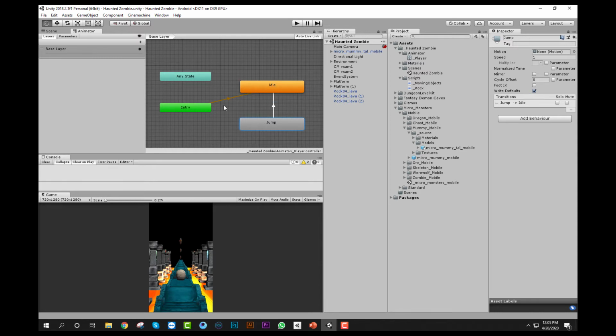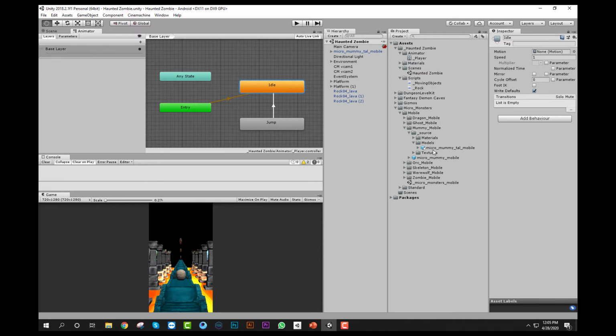The reason is that if I do that, the animation will be continuous. First the animation will go to idle and automatically it will go to jump. That's why I am applying it from jump to idle. By default it will go to idle and loop again and again in this idle animation, and it will not go to jump unless the user presses the key.